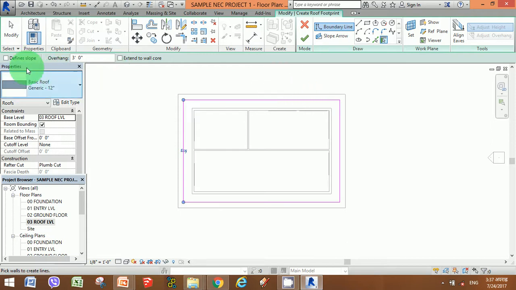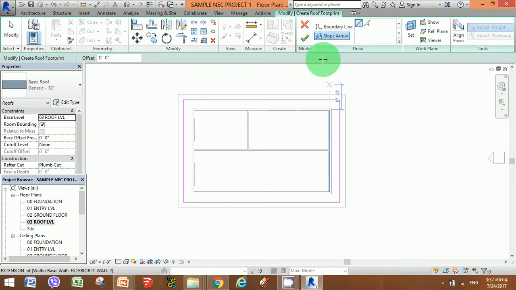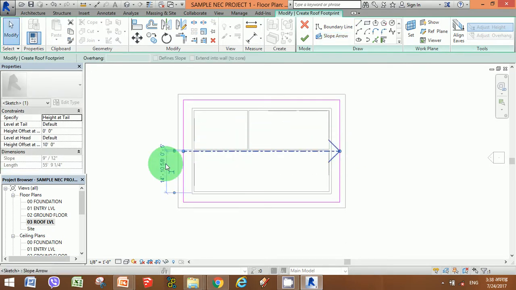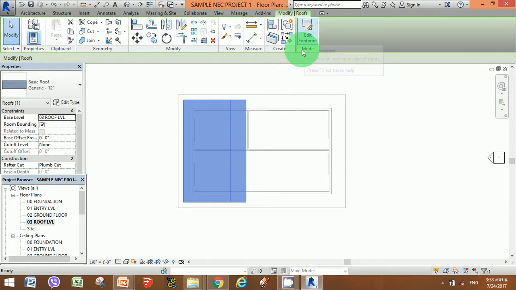If the wall has been selected. Now if you want to add a sloping arrow, you always add a sloping arrow, like we are seeing this one, where you need the slope to go. If you require the slope from this side to this one, then you add a slope, press OK.